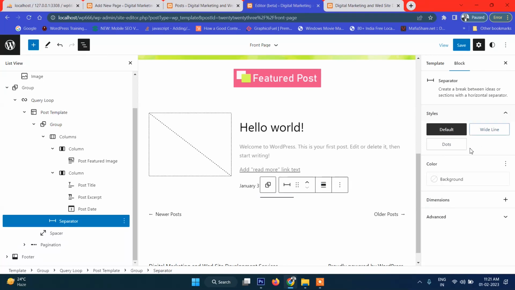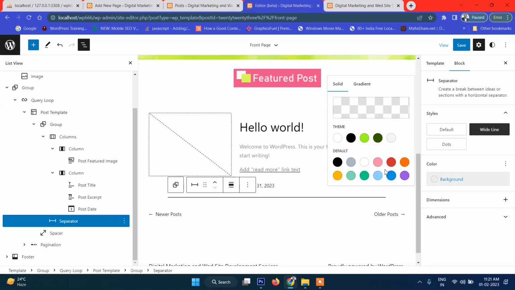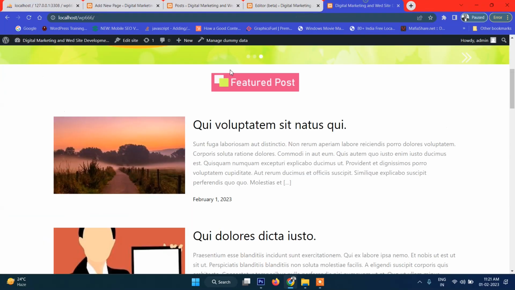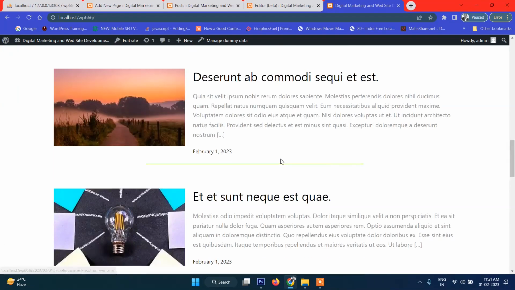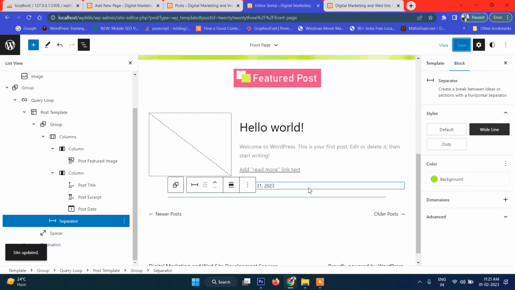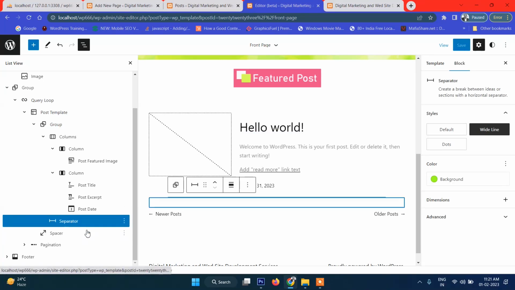And of course this separator will be a wide line, and then background color, of course this color. So yes, it's not full width actually. Separator, wide line,